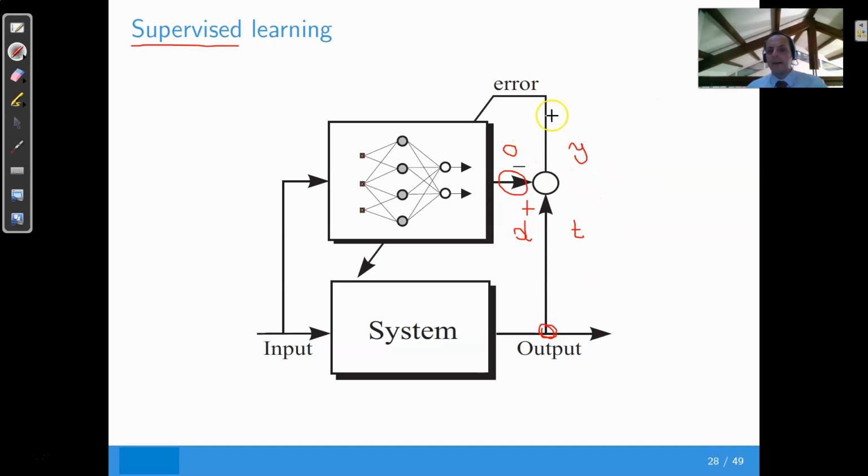So according to the error, there is this arrow here, which means that you are changing the parameters such that this error is minimized. So this is the procedure of the